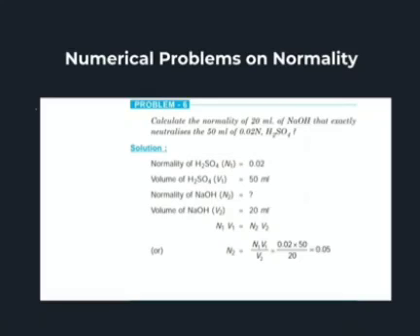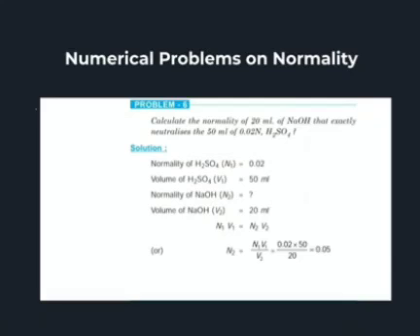Calculate the normality of 250 ml of sodium hydroxide that exactly neutralizes the 50 ml of 0.02 normal H2SO4. Here is the solution. Here the normality of H2SO4, N1, is equal to 0.02 N. Volume of H2SO4, V1, is equal to 50 ml. Here we have to find out the normality of sodium hydroxide, N2, where the volume of sodium hydroxide, V2, is equal